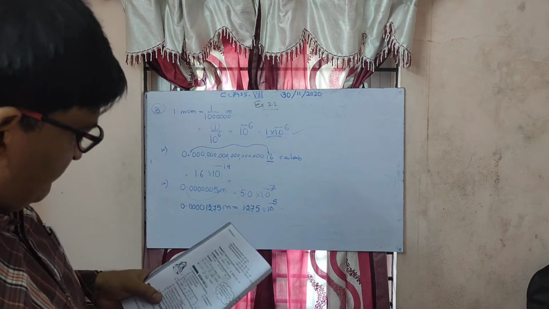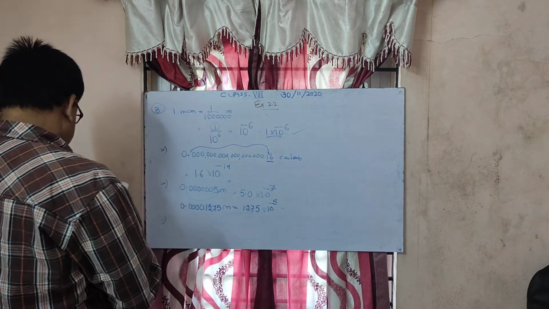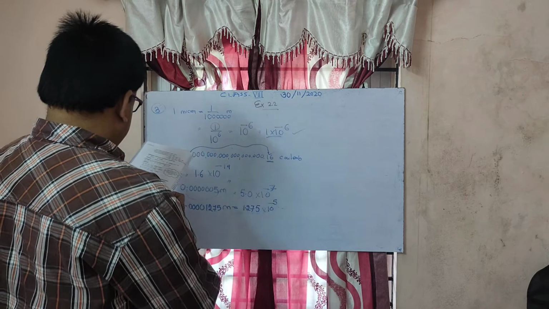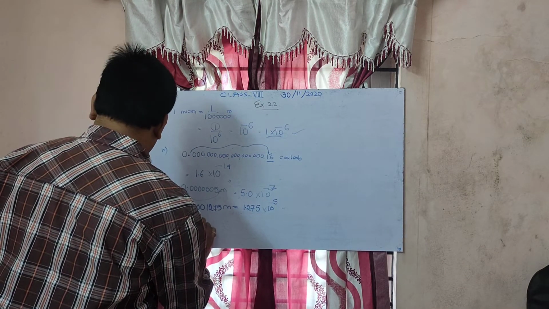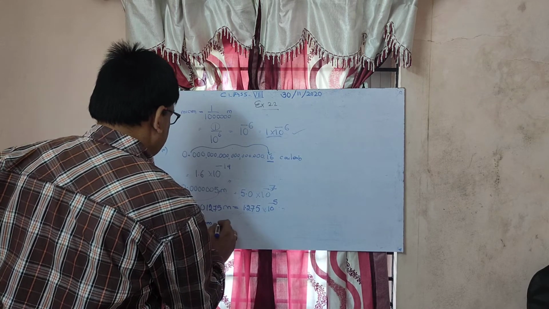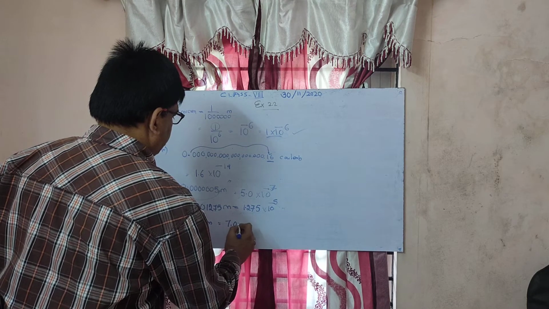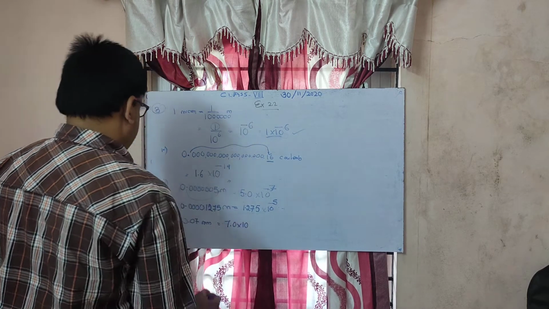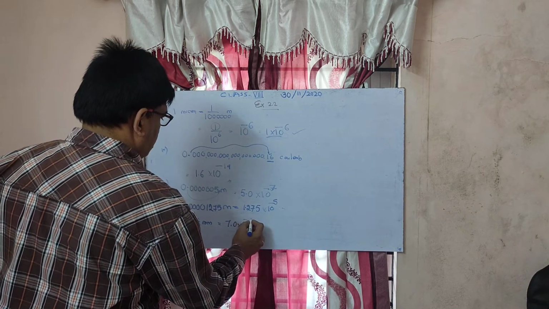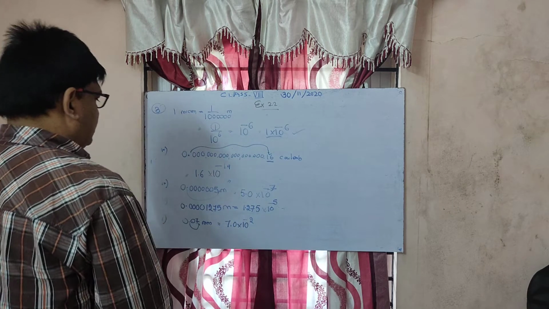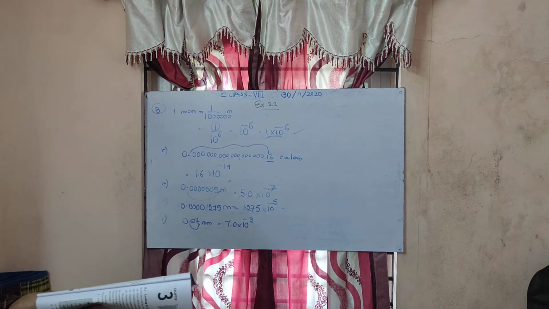Last one now. Fifth one. Thickness of a thick paper. Thick paper is 0.07 mm. So now this is 7.0 into 10 to the power. Where did it move? It moved from here to here. How many? 1, 2. So it moved from left to right. That is 10 to the power minus 2.